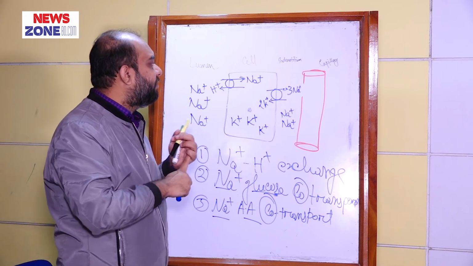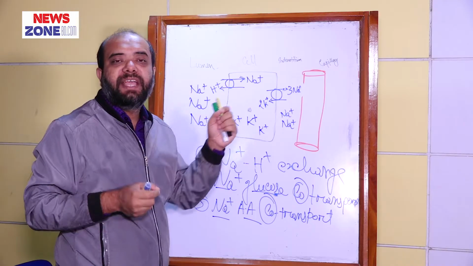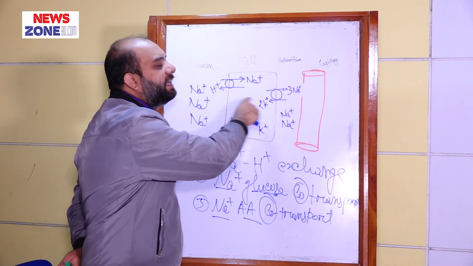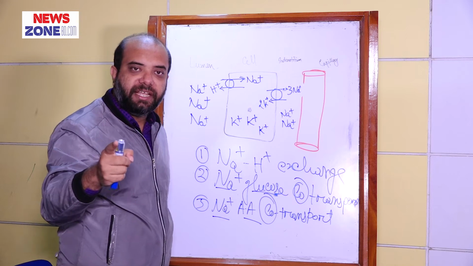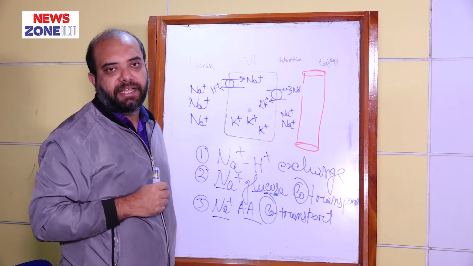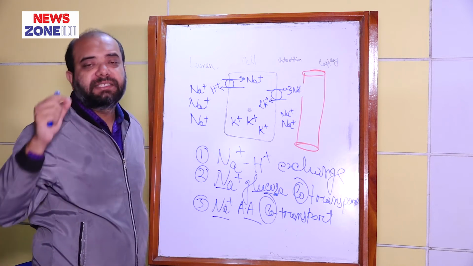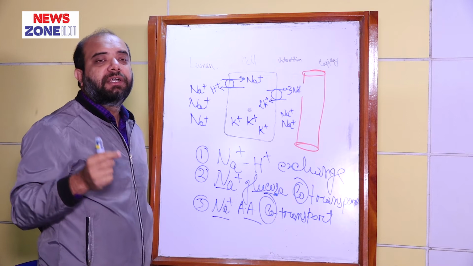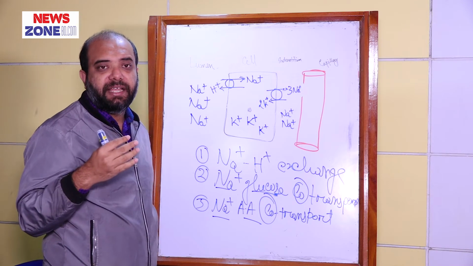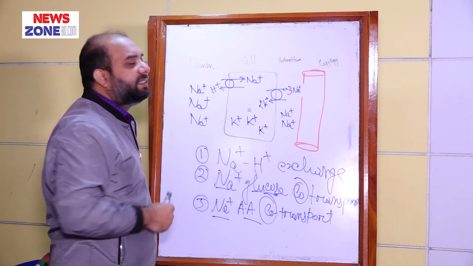You have to know it very carefully, you have to memorize it, that this is a great example of primary active transport, because sodium ion is transported against the concentration gradient and also the potassium ions go against the concentration gradient. And the main difference between primary active transport and secondary active transport is that in primary active transport, the substance will always go against the concentration gradient, and in secondary active